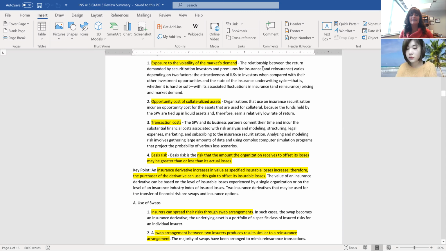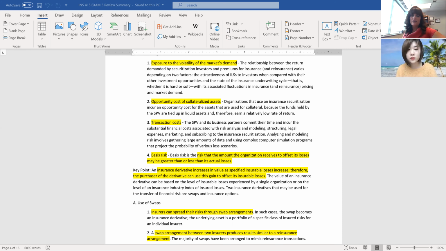Basis risk exists in every scenario related to risk, meaning that I don't have enough insurance or enough collateral or enough method to pay for my losses. My losses are actually bigger than I can offset them with. So, let's say I buy a limit of $500,000 on my insurance policy, but my losses are a million or 2 million. That's called basis risk. I don't have enough insurance to offset those losses. That also exists here in the ILS.